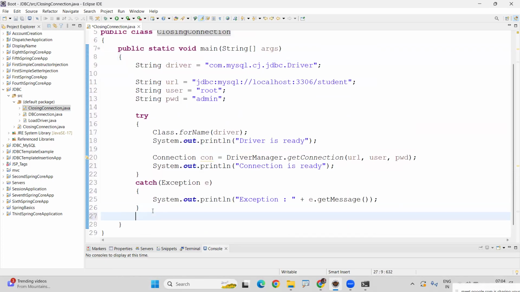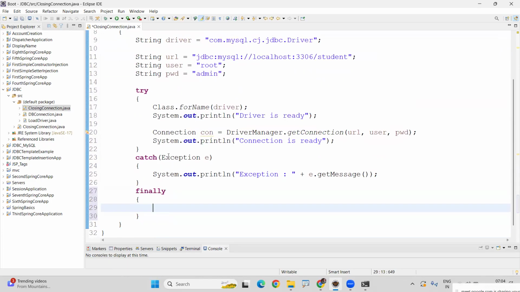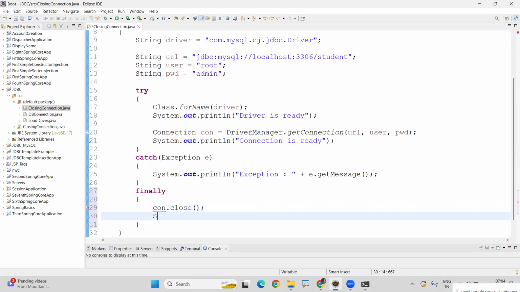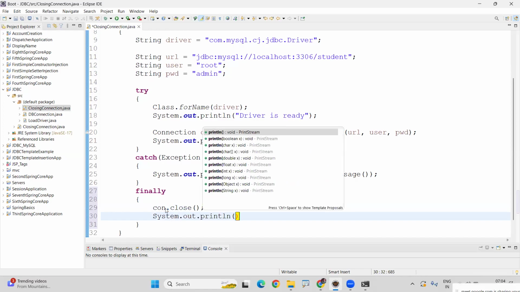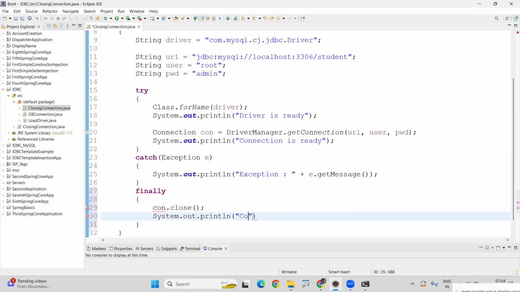Here we are adding the finally block. In the finally block, you have to release that connection. You need to close that connection. con.close we are writing, and giving the message System.out.println("Connection closed"). But here, first you are getting one error